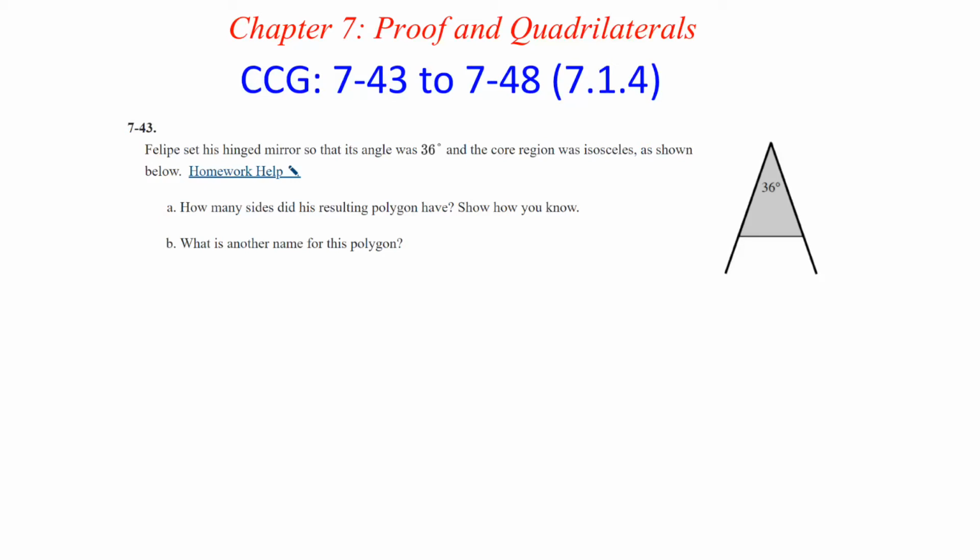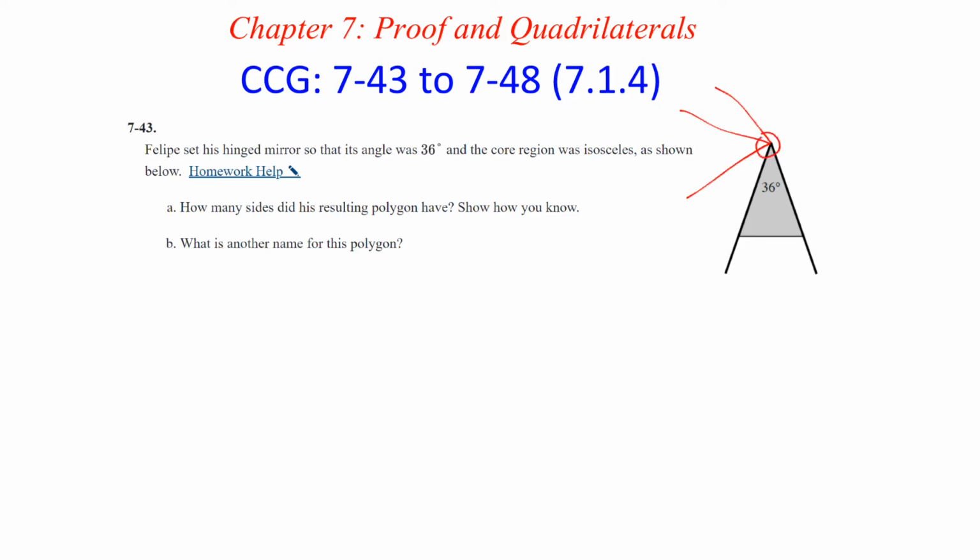Welcome to Chapter 7, homework questions 43 through 48 in Lesson 7.1.4. Question 43. Felipe set his hinge mirror so that its angle was 36 degrees, and the core region was isosceles, as shown below. How many sides did his resulting polygon have? Show how you know. So if you can picture creating 36-degree angles all the way around,